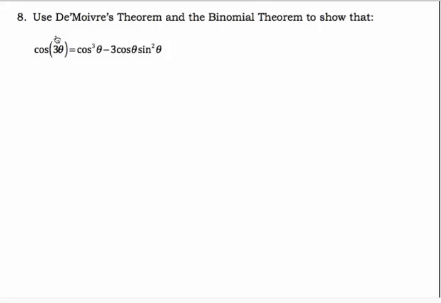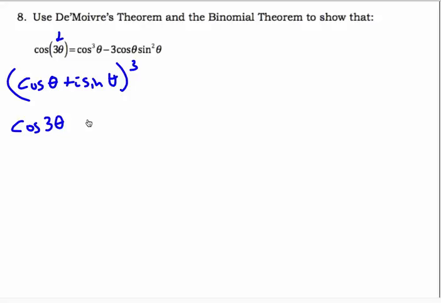So notice here we have a 3 theta, and we want to use DeMoivre's Theorem, so that means we're going to start with cosine theta plus i sine theta to the power of 3 to get this one. Okay, so if we do that, we get cosine 3 theta plus i sine 3 theta using DeMoivre's Theorem. Okay, but we also know that this quantity is equal to, if we use the binomial theorem,